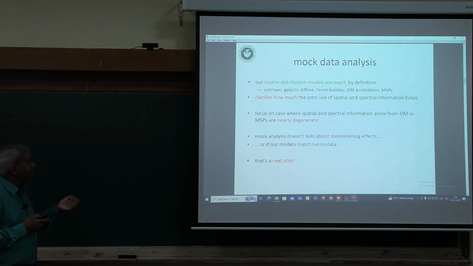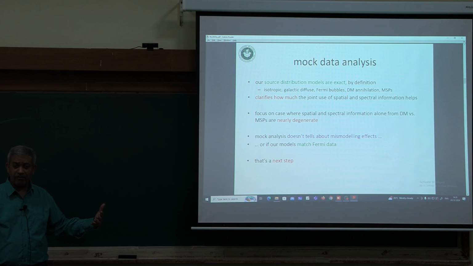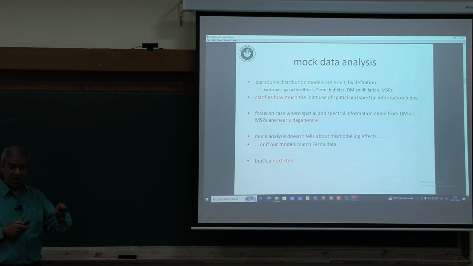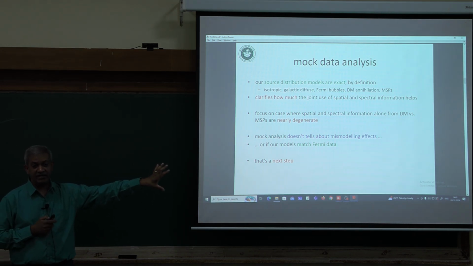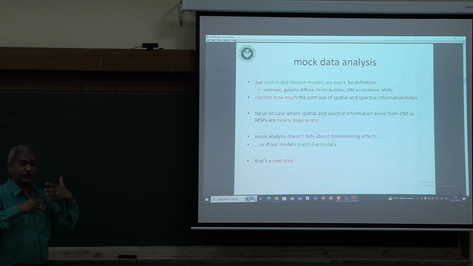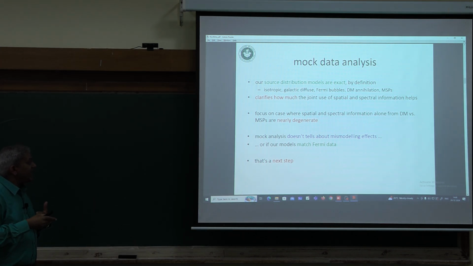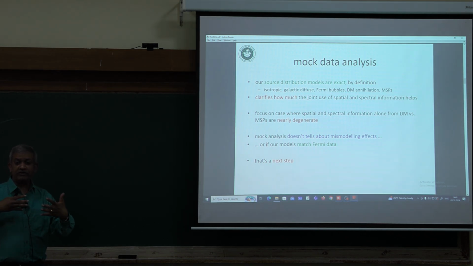Now, when I say our source distribution models are exact by definition, what I mean is you use some parameterized source distributions to train your neural network. You draw parameters from those distributions, get the mock data, train your neural network. Then use the same source distribution for a particular choice of parameters as your true model. You generate some mock data from that, and that's the mock data you analyze. So it's the same source distribution to train the neural network as to generate the mock data you're going to analyze. And the reason we do this is because we want to clarify how much the use of joint spatial